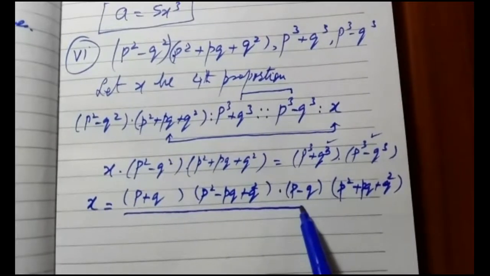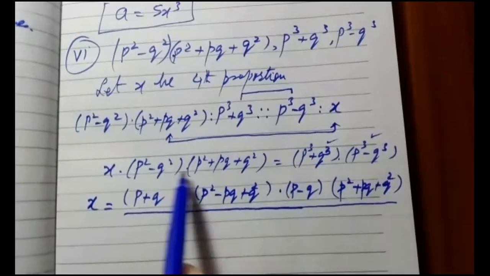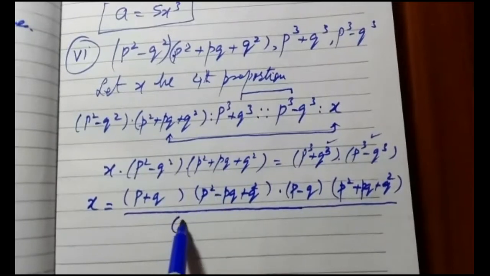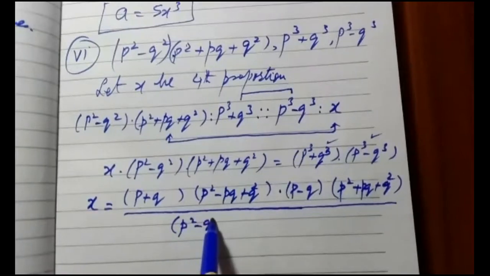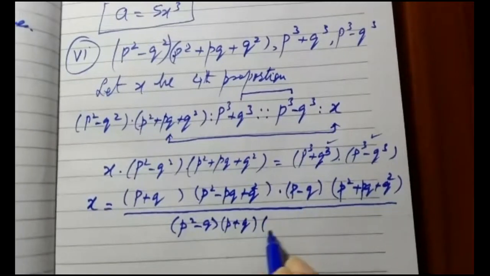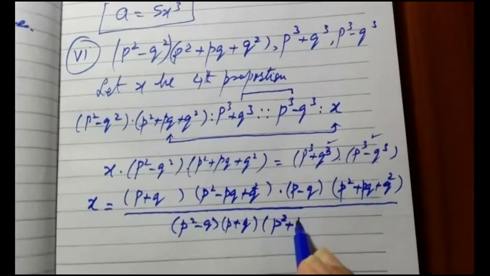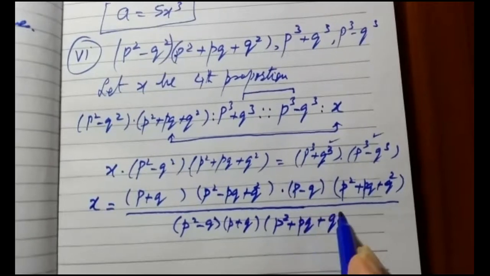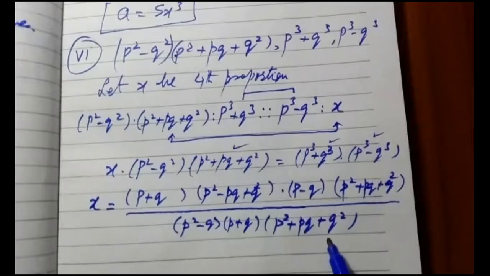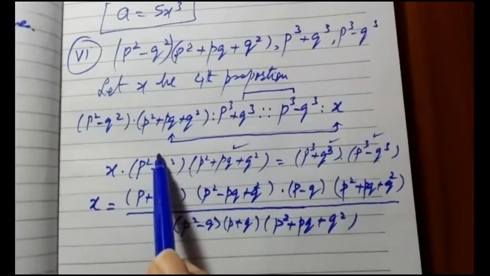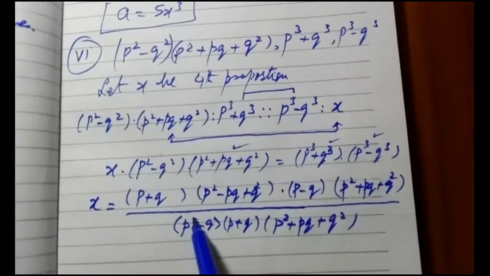I will divide these two factors which are on the left hand side in the denominator, like p square minus q square. I will write it directly because there's a little bit less space. I wanted to write it in this format. So consider it in such a way that this term is being divided on the other side, and similarly p square minus q square, which is right here, I have also divided on the other side, but I have factorized this part as p minus q and p plus q.